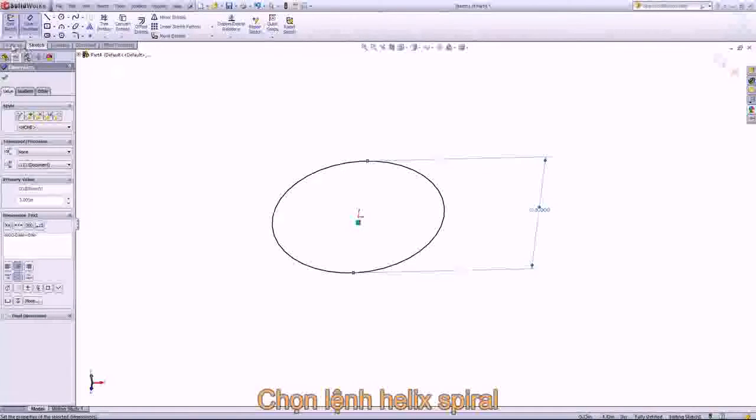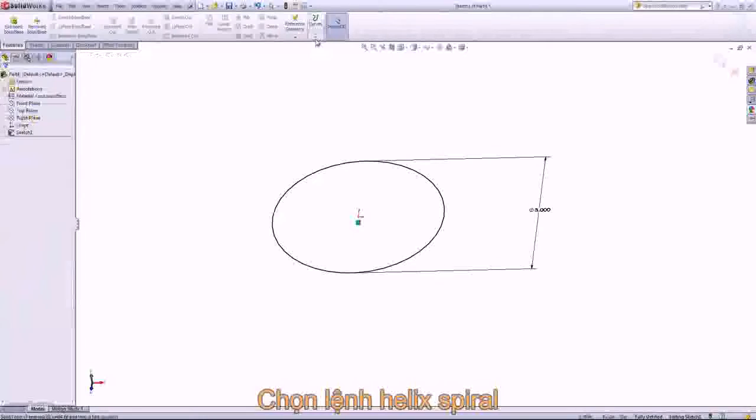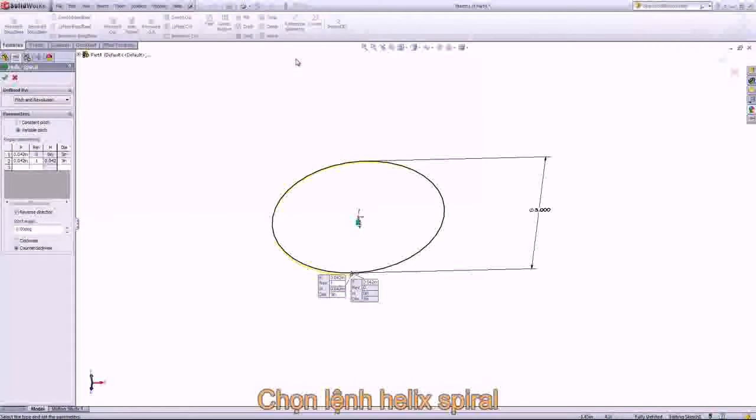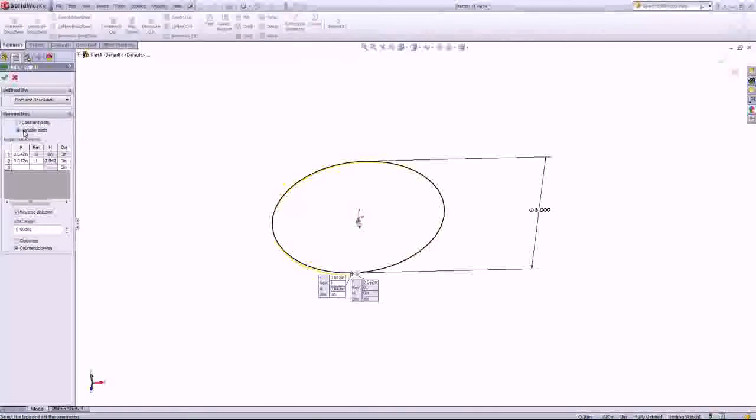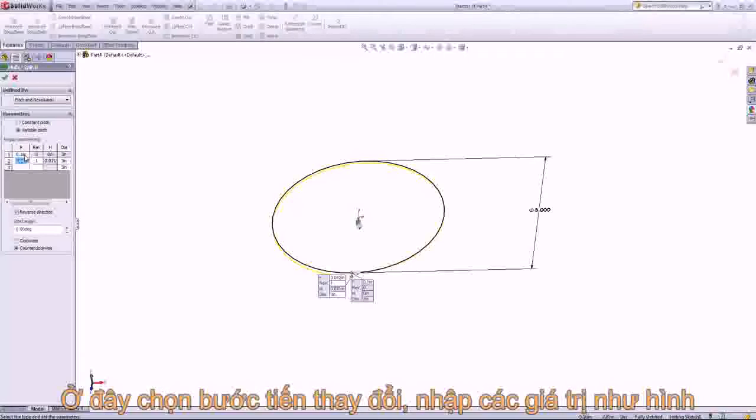Next, we'll come into the Features tab, go into Curves, and choose Helix Spiral. By default, this is set to constant pitch. In this case, we're going to use the variable pitch option. And you want to go ahead and just key in the following values. The first pitch is going to be 0.1, and then the next pitch is 1